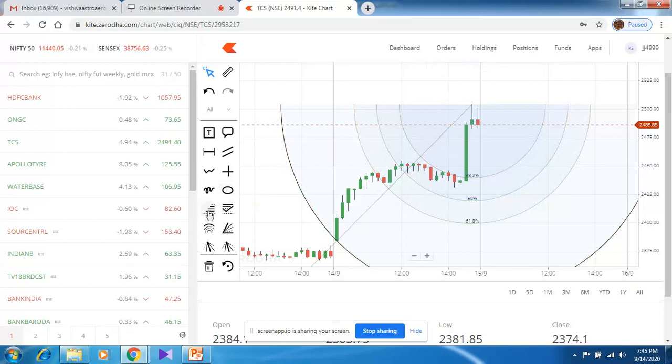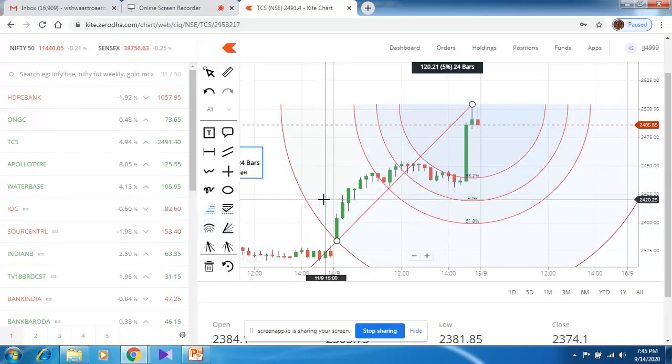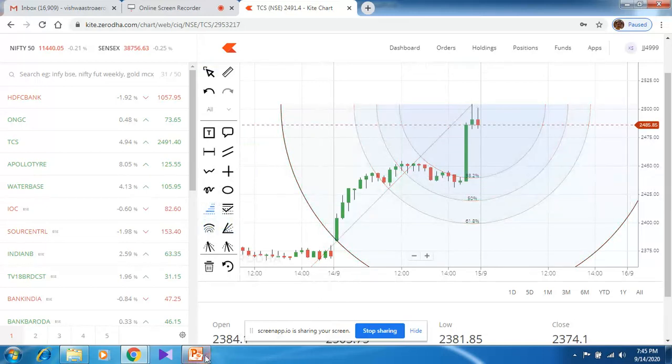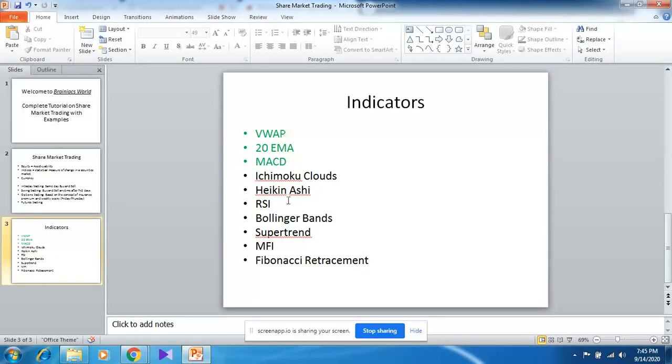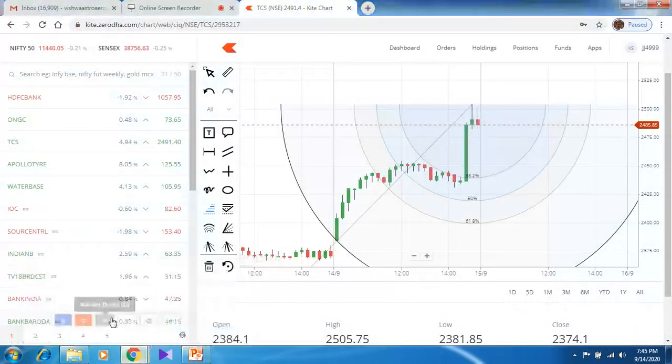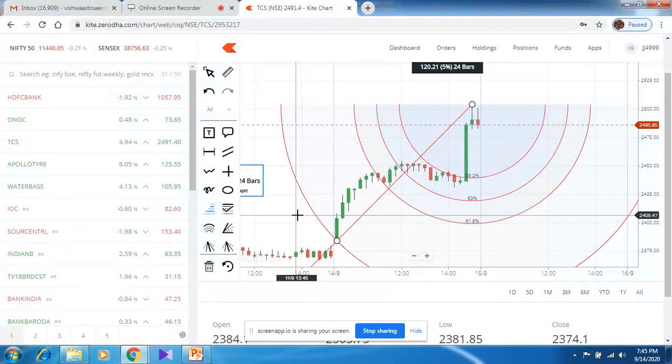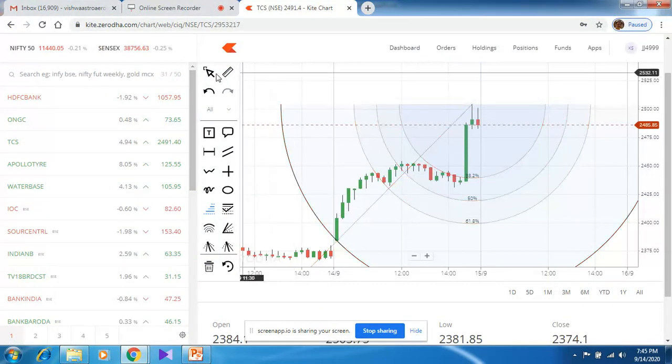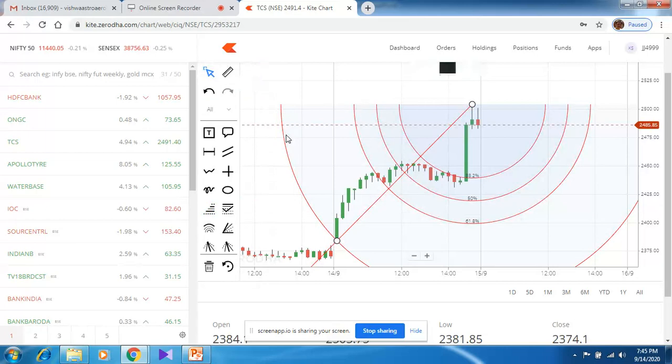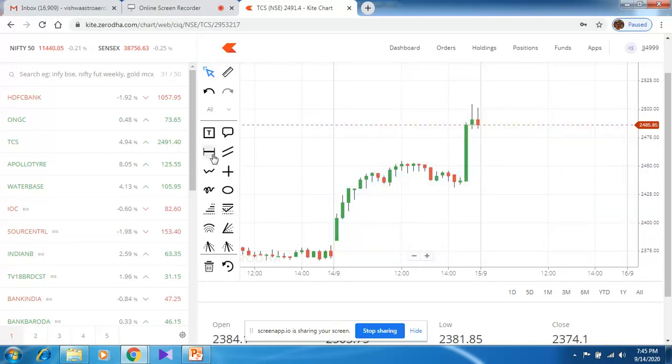But right now, focus on Fibonacci retracement only, if you have mastered all this. If you want to know what will happen tomorrow for a particular stock, then only we need to apply Fibonacci retracement. Now, while doing live trading also, you can try to expect what will happen in the next 10 months. That is also possible with the help of Fibonacci retracement only. Fibonacci retracement is the best of all.